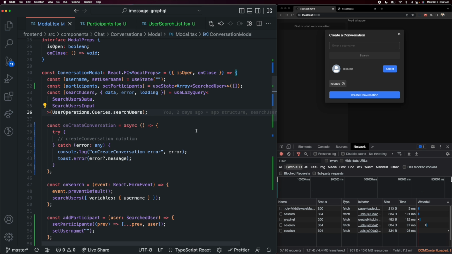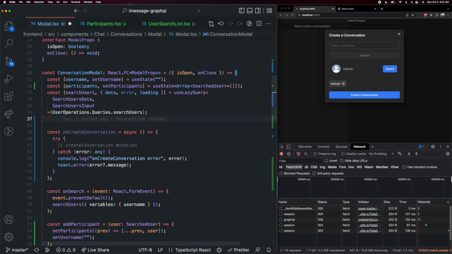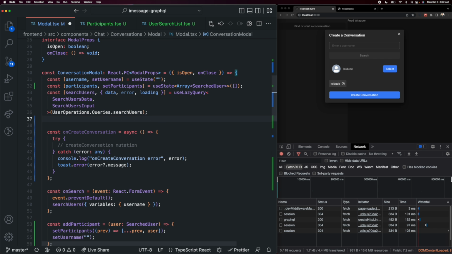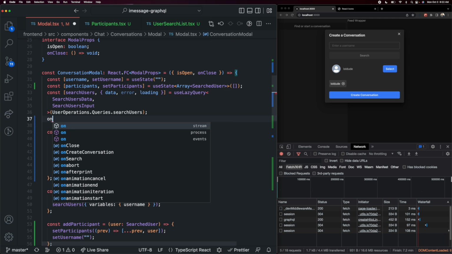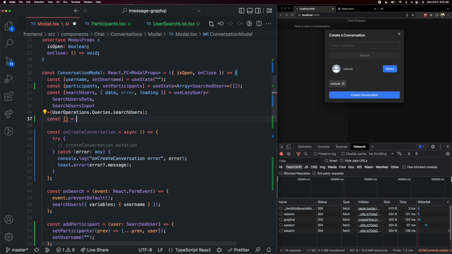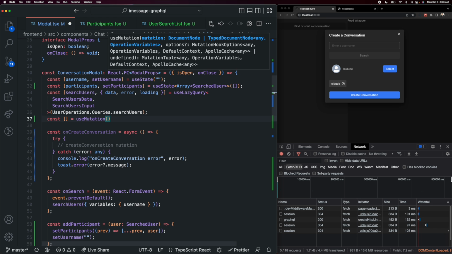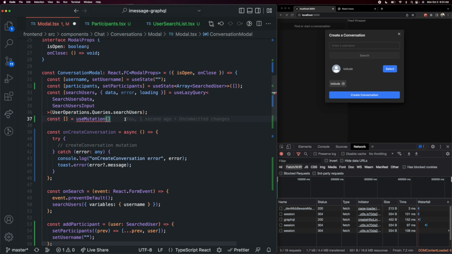So let's close this file here and come back to our modal. And now let's bring in the useMutation hook and actually use this createConversation query string as an input. Okay, so in our modal here, just underneath our searchUsers_LazyQuery, let's define that mutation. So our useMutation hook is going to return an array. So we can say empty array is equal to useMutation, and the argument to this is going to be our